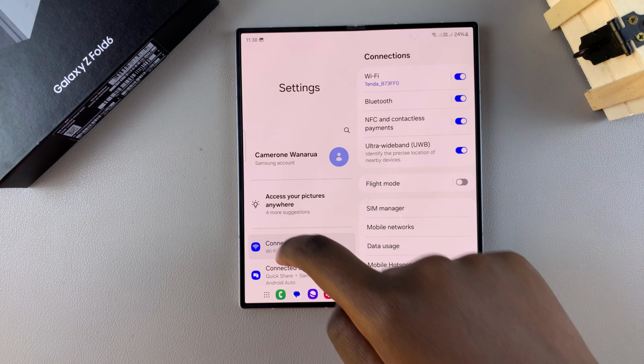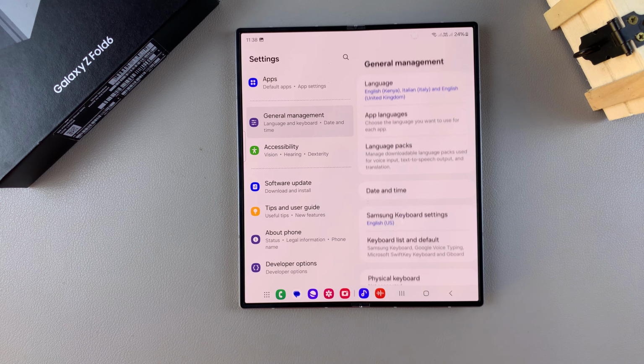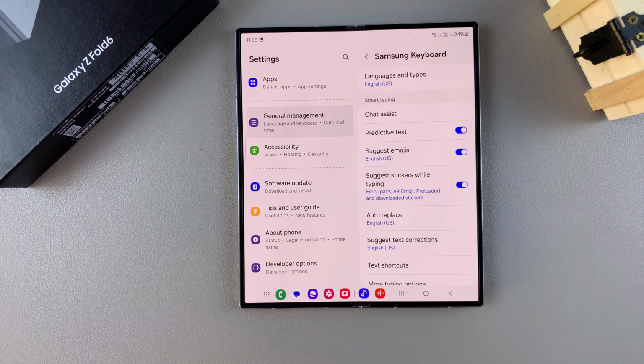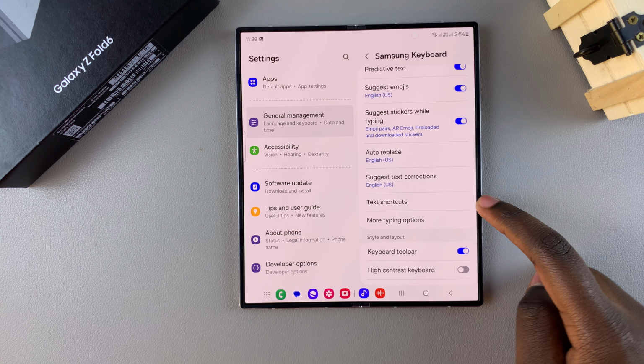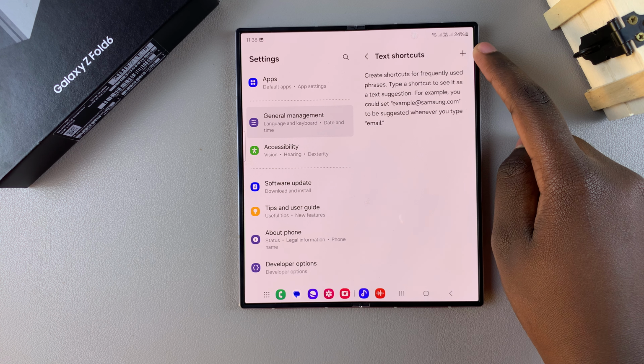and in Settings, you want to scroll and select General Management. From here, tap on Samsung Keyboard Settings. Then you should see the option Text Shortcuts. Tap on it. Then to create a text shortcut, start by tapping on the plus icon at the top right